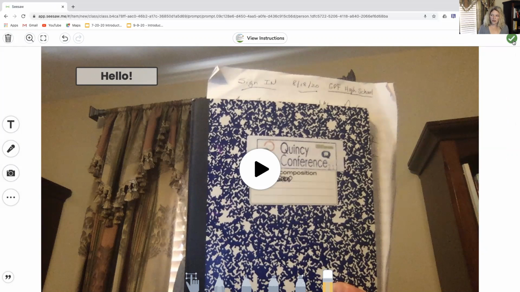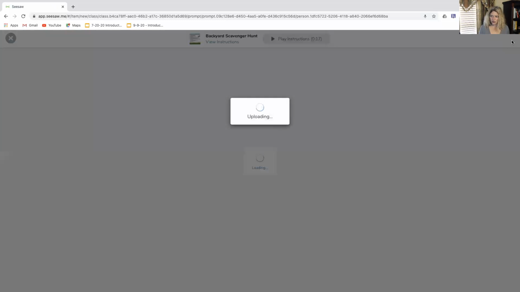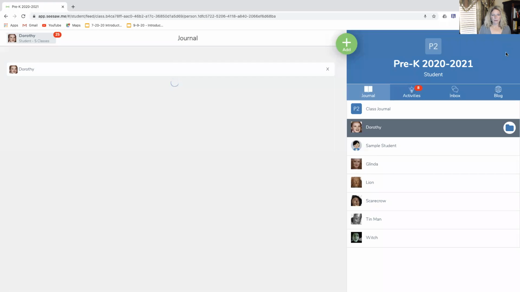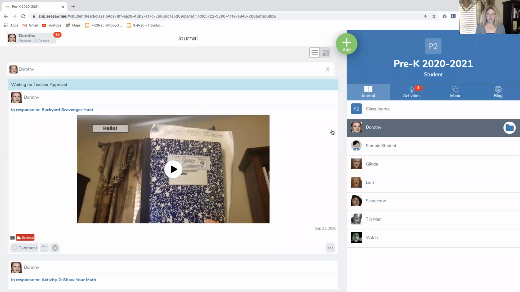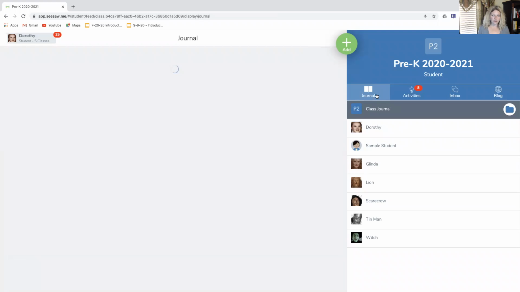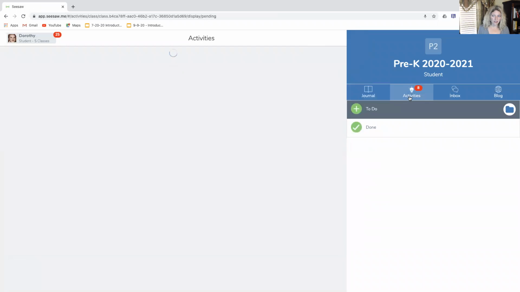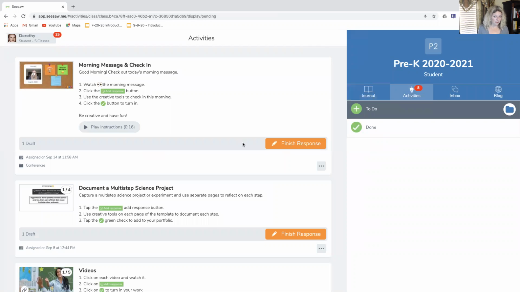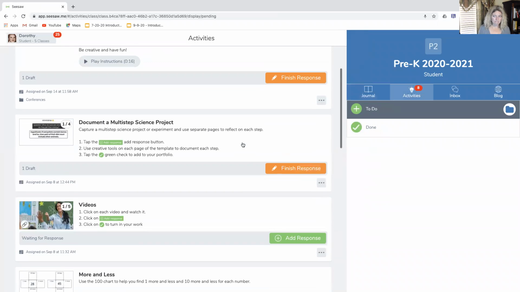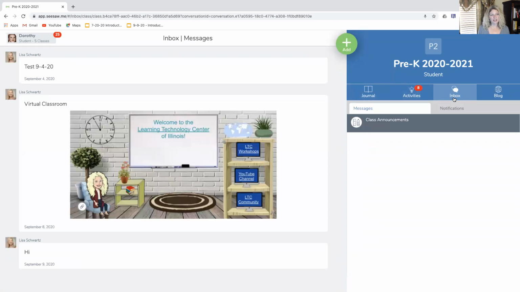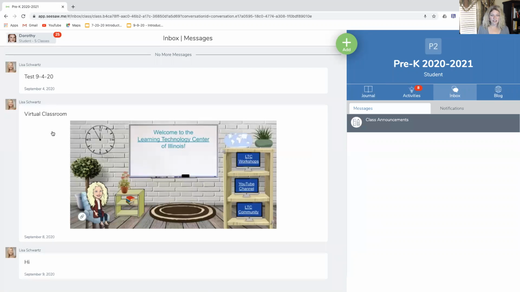So then again, when Dorothy's done with it, click on that green circle there with the check mark, and then it's there, and then it just shows waiting for the teacher approval. So again, this is what it will look like for your child on the Seesaw app. Just like you had some tabs on the family app, they have tabs over here. So here's the journal. This is where they'll see what they've completed. Here's the activities. This is what they need to complete. Okay. Here's the inbox. Again, the teacher can send them messages, and then they can send the teacher messages back